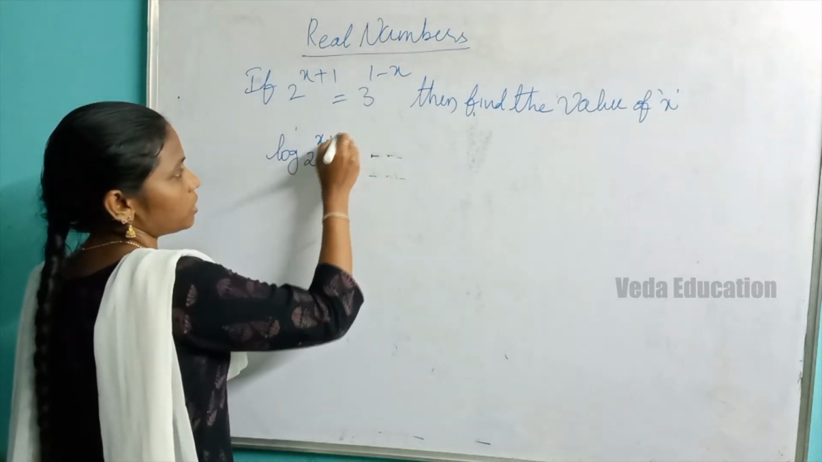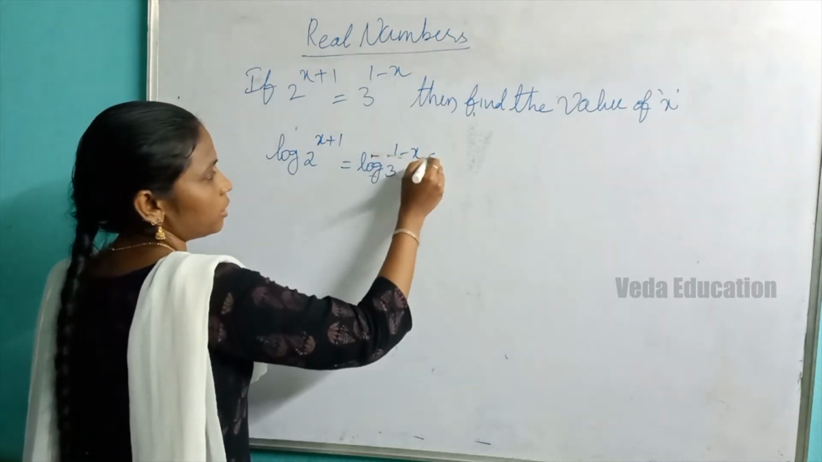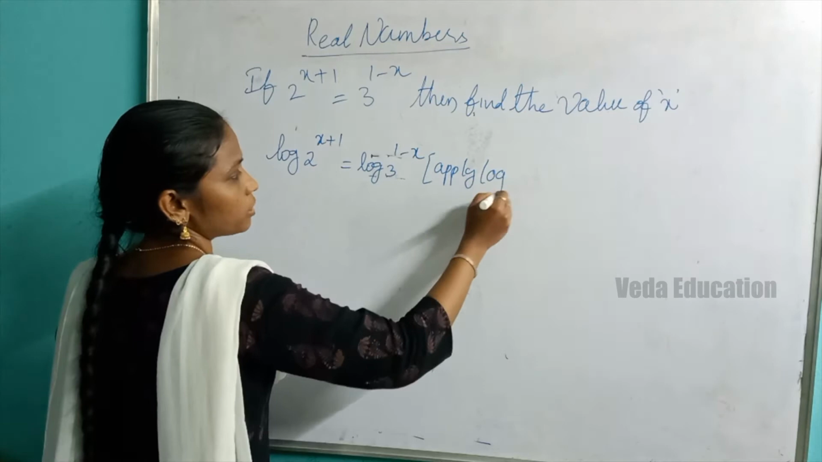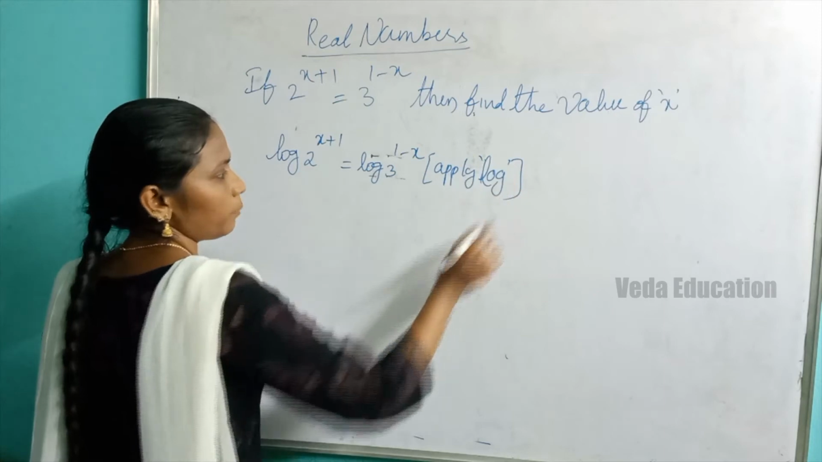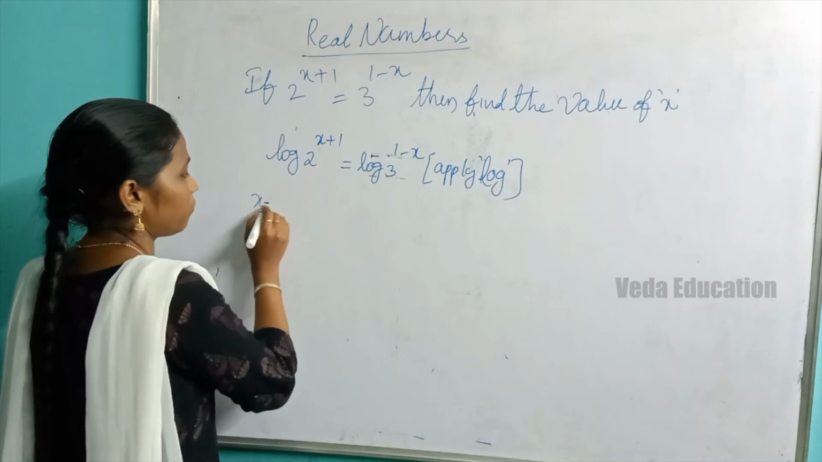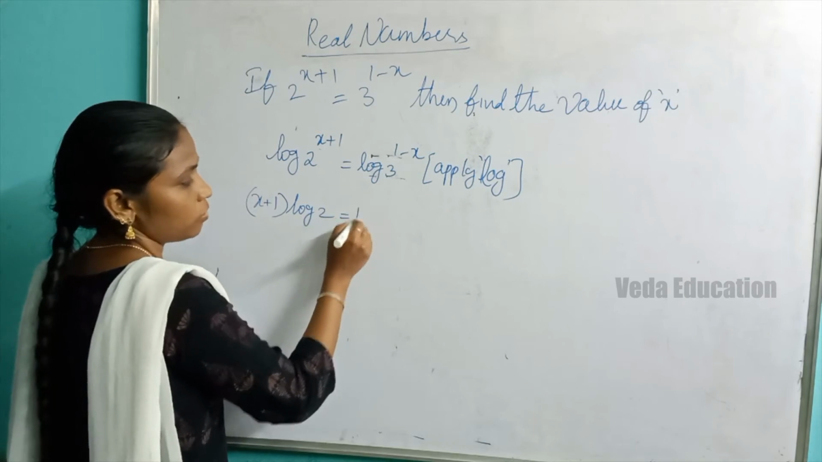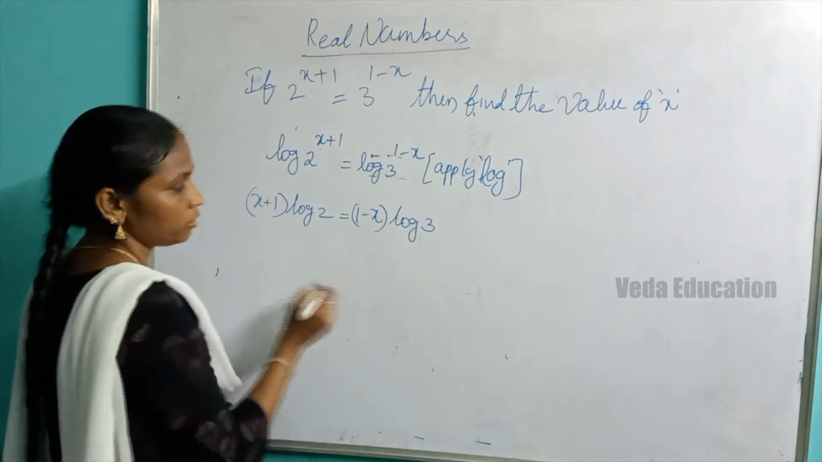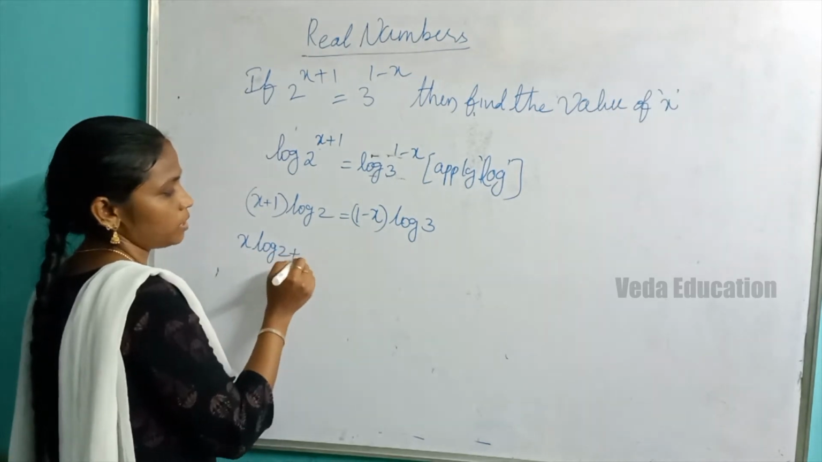Log of 2 to the power of x plus 1, and log of 3 to the power of 1 minus x. Here what we are doing is applying logarithm to both sides. Okay, we apply log to both sides. Now the exponent we write in front of the logarithm, and here also 1 minus x log 3. Got it? Now multiply: x log 2 plus 1 log 2,